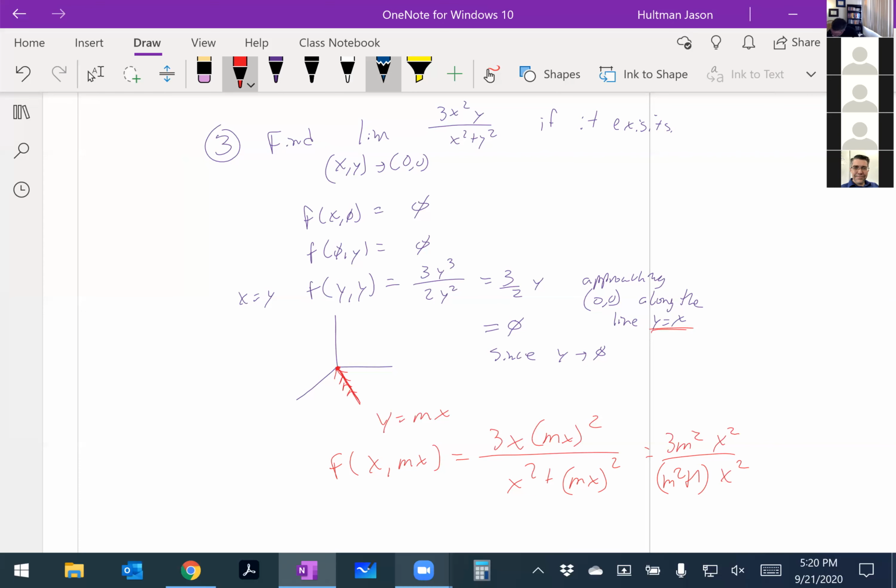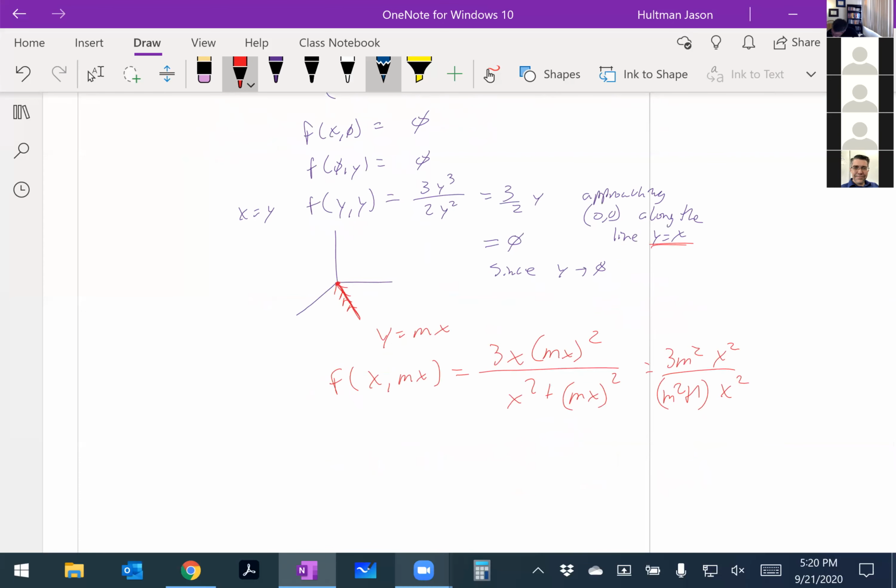Then the x squareds cancel out. Wait a second. No, they do not cancel out because I left off an x. This is 3x times m squared x squared. There we go. These x squareds cancel out. What I'm left with is 3m squared over m squared plus 1 times x. Because there's an extra x there,